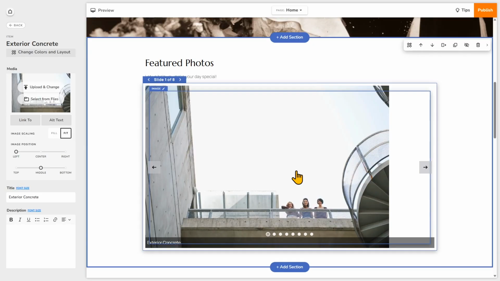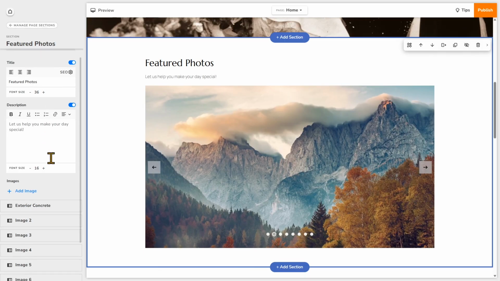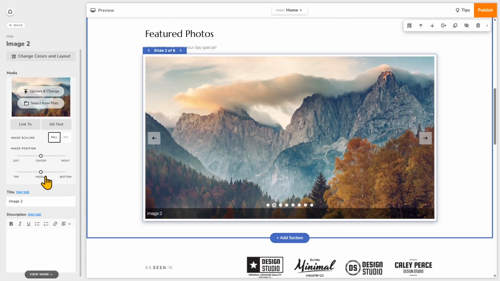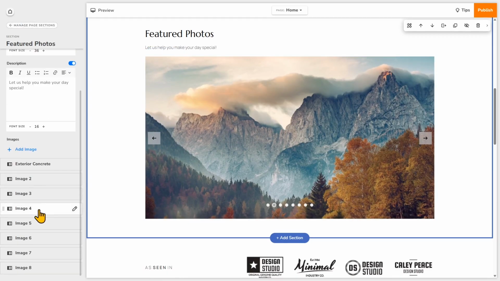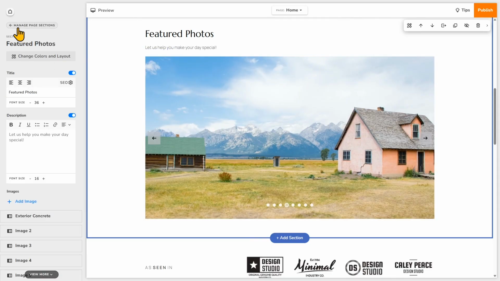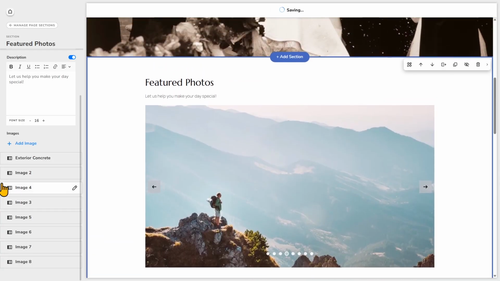Now that I've edited this slide, you can click on the arrow up here to move on to edit the next slide, or on the left we can click back. And if you scroll, you'll see that you can edit the slide images for this entire slider section just by clicking right here. So we'll go back again. Once you click on it, now these settings will be for that particular slide. We'll go back one more time. If you want to change the order of these slides, all you have to do is click on these dots beside it and drag it up or down. You can also click this pencil icon.